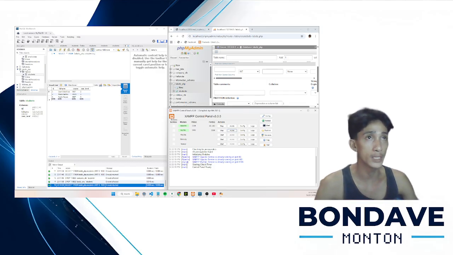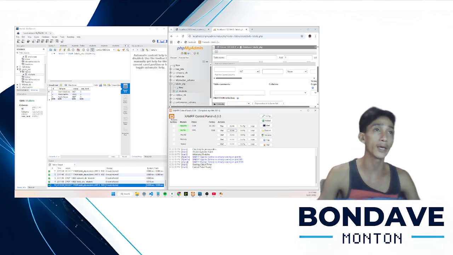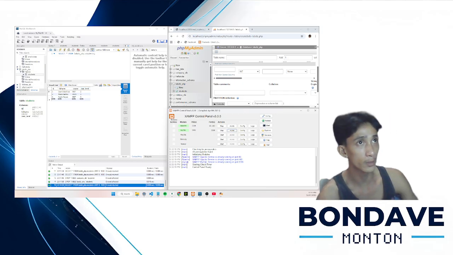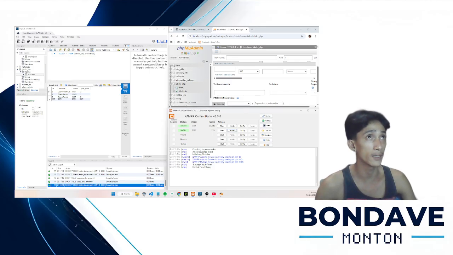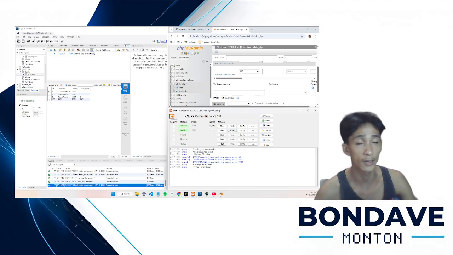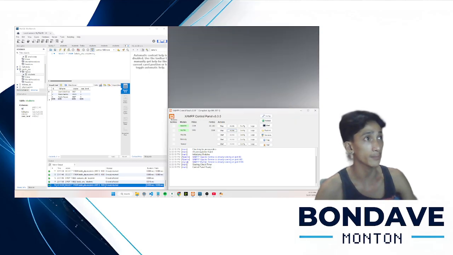The first step of this lab, we have to create a database called lab_db_php, which I've already created here in my phpMyAdmin, also in the Workbench.